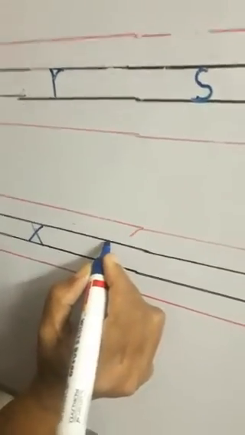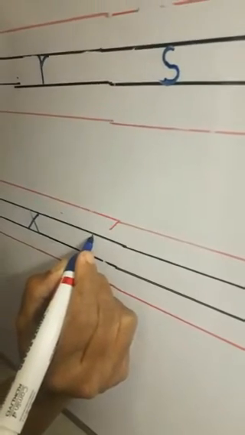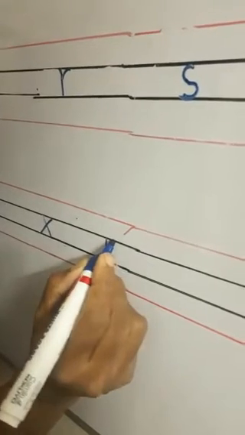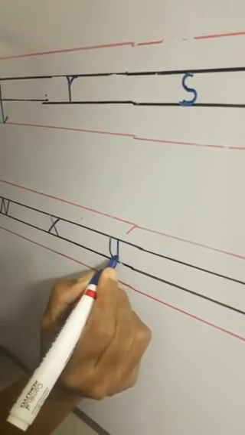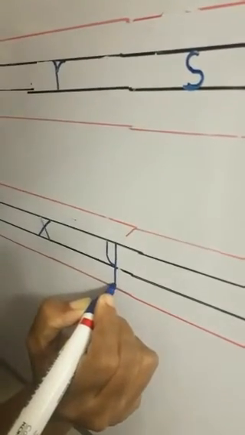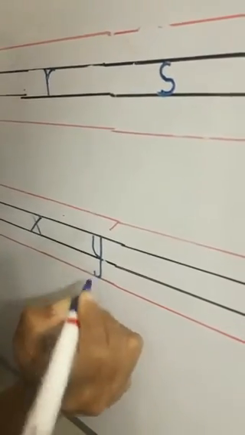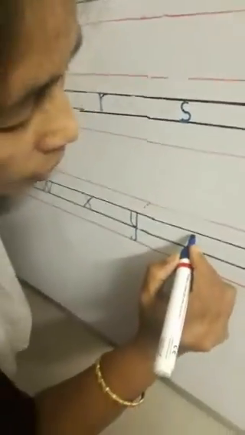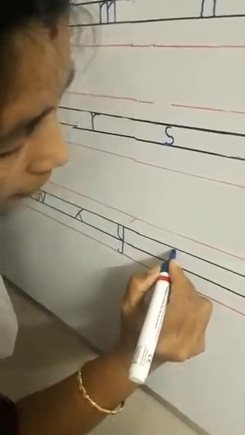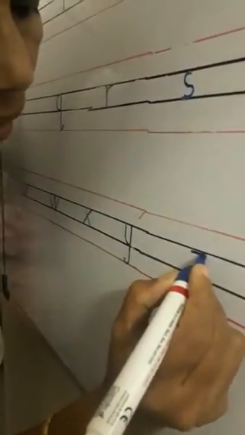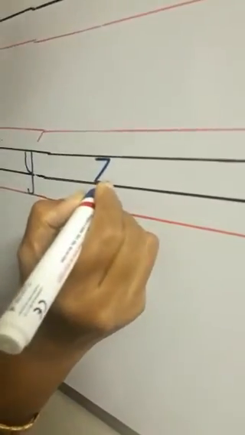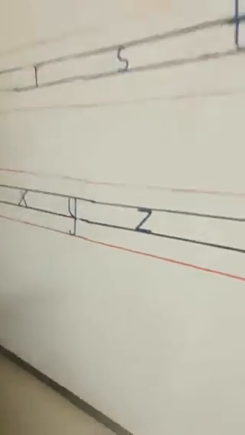For writing Y, start from the middle and draw a standing line with a small curve, and again go to the middle and draw a standing line to reach the last line with a backward curve. Okay. X, Y, next letter is Z. So for writing Z, start from the middle and draw a sleeping line, then again a slanting line to the bottom, and one more sleeping line towards right. This is Z. Okay students, do you all understand how to write the letters?